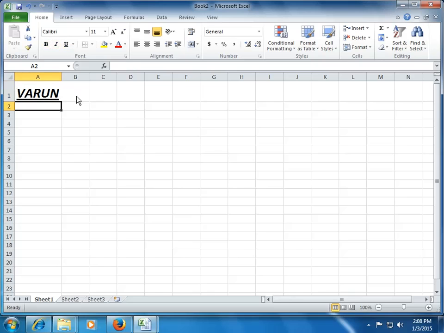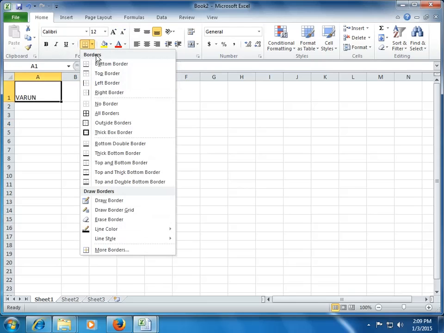Fine. Okay. The third part of our font formatting is to make a border around the cell. Let me remove the previous formatting, that is bold, italics and underline. Let me also reduce the font size to, let's say, 12 to make it a normal size. Moving on. So another formatting which I can use, as I was saying, is we can choose to create a border around our cell.